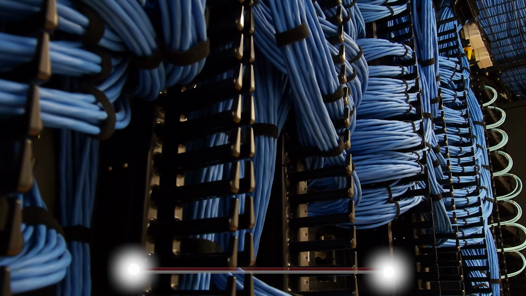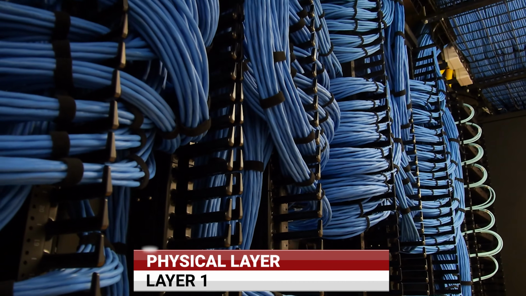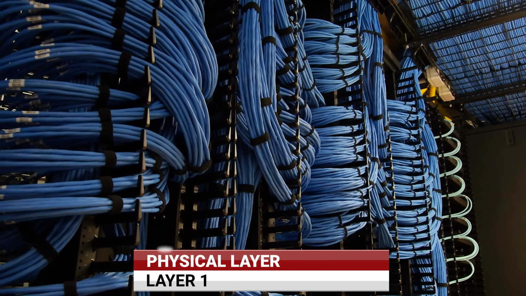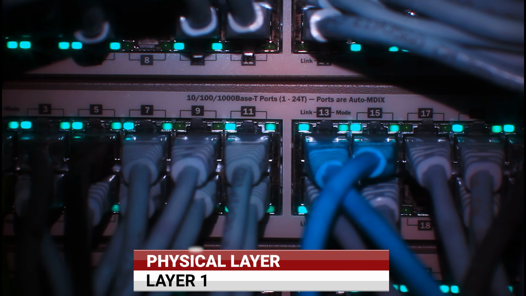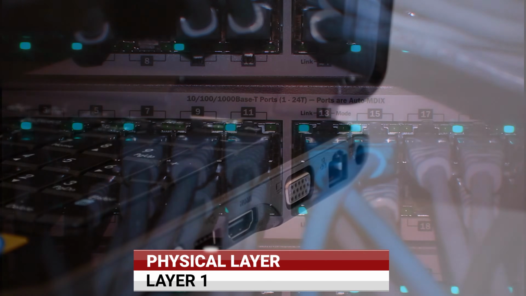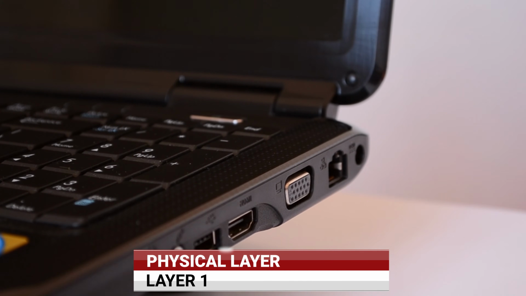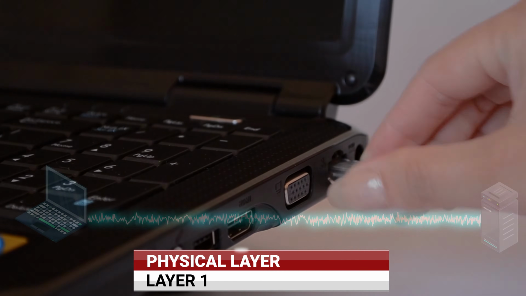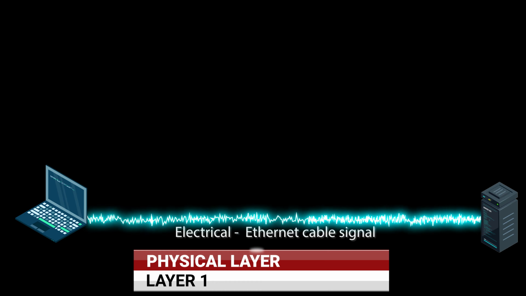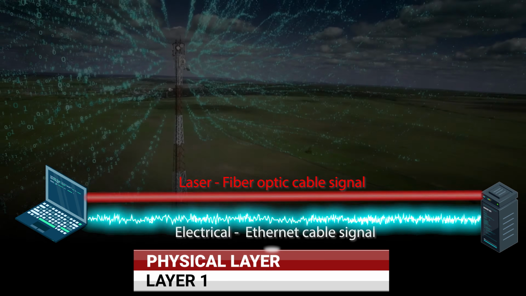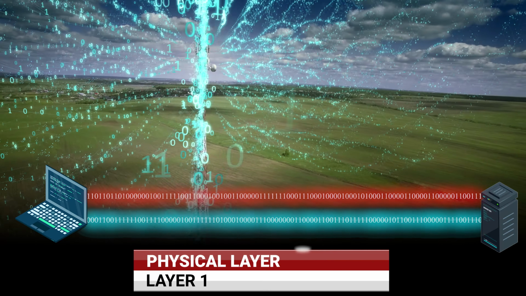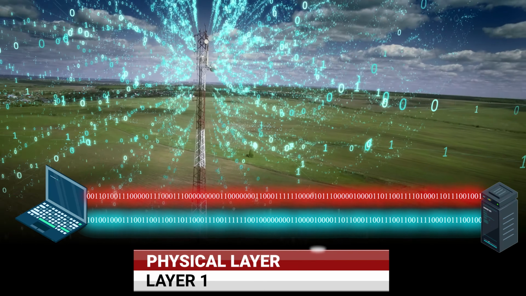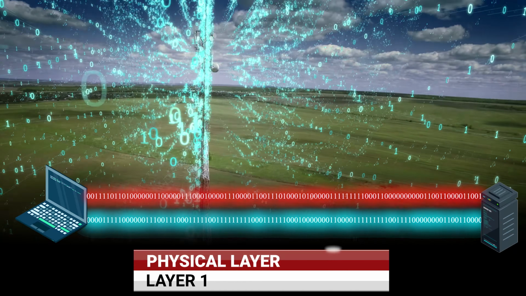Let's start with the foundation layer. Layer 1, the physical layer. This layer is all about hardware connections between our devices. Think cables, switch and router ports, and network cards, all of the physical stuff that links everything together. But don't forget about electrical signals, light, and wireless signals. It's all about transmitting raw data in the form of bits, those ones and zeros that let the digital world